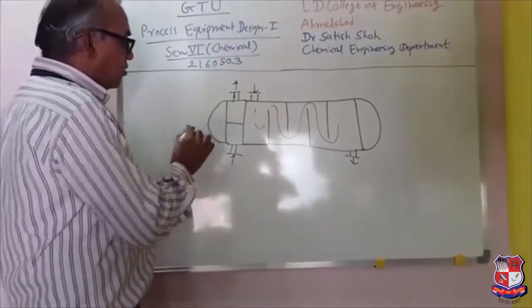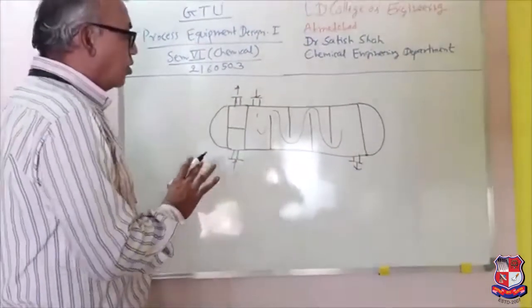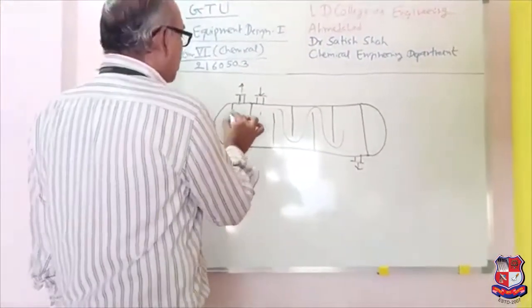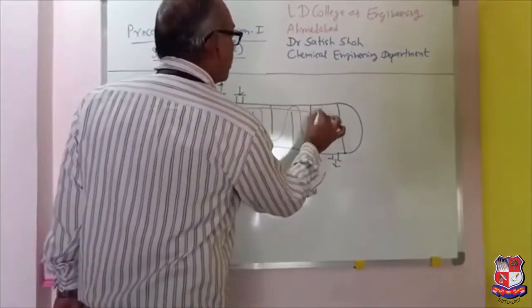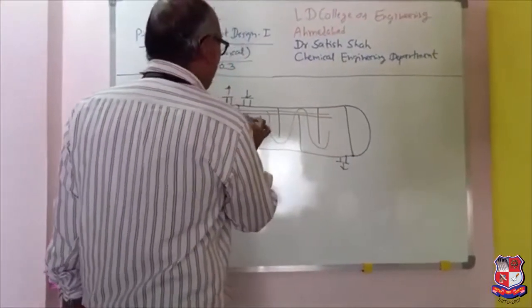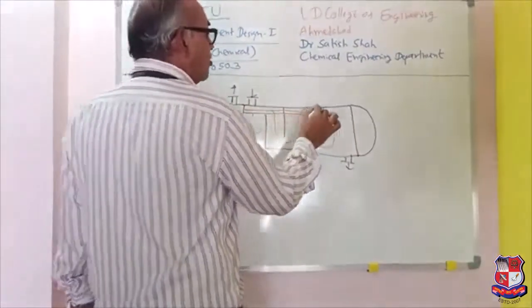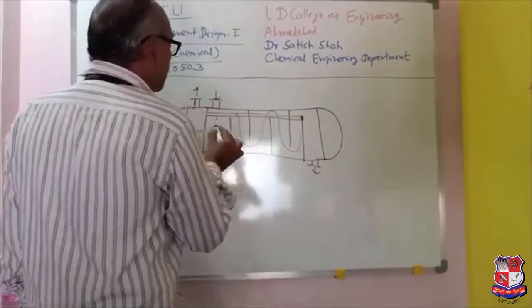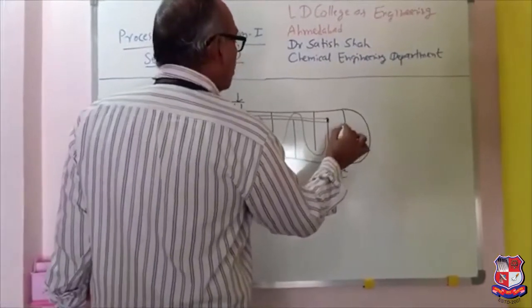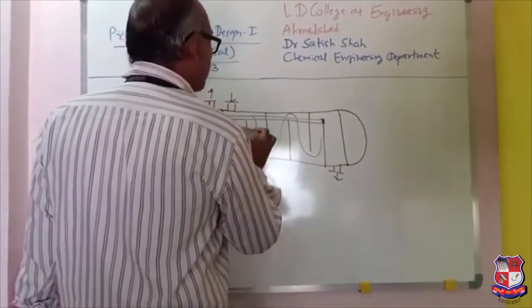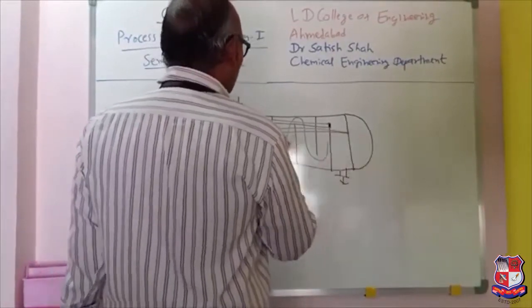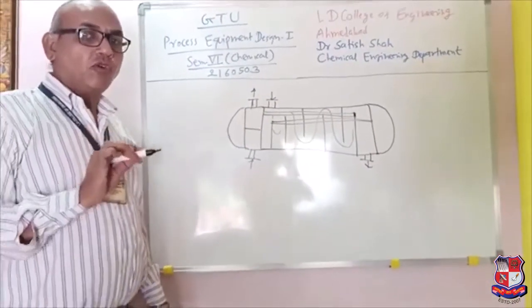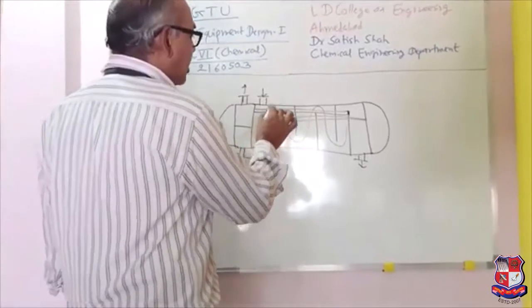Now, see, let me tell you the important parts. The important parts are the shell, which is cylindrical in nature. Then we have the number of tubes. So tubes will be here. Tubes will start from this end at the tube sheet and it will end at the baffle end. Suppose I have one baffle over here, so it will end over here. It will start from the other side, the tubes, then it will end at the baffle at this end. So this way I have many tubes, which will be arranged in either triangular pitch or square pitch. So this will be the arrangement of the tubes.